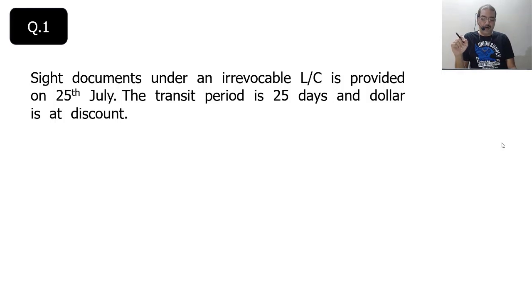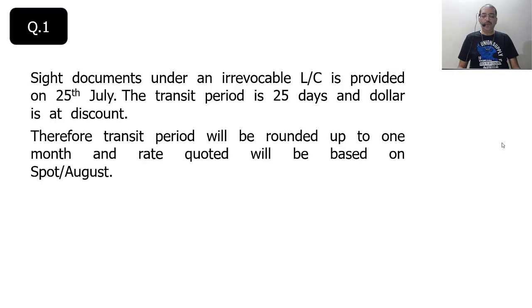The transit period is 25 days and the dollar is at discount. Therefore, the transit period will be rounded up to 1 month, because you are going to buy at a lower rate. So forward is at discount. So you will be buying at the forward rate, the August rate. Transit period will be rounded up to 1 month and the rate quoted will be based on